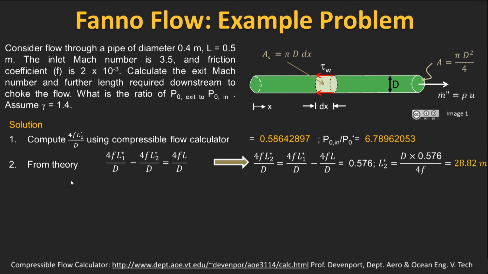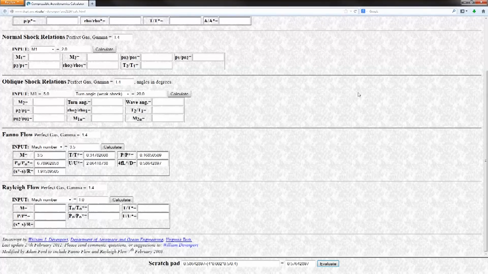Alright, the next step is we are going to calculate what is the exit Mach number. To do that, again, I'm going to go back to the flow calculator. I have a value for 4FL2* over D as 0.576, or in fact it was a much longer number. I just truncated it to 0.576. The actual value was 0.576 with a few more decimal points. Let me use that again in the Fano flow calculation part, put that in, but from the drop down menu I am going to be using